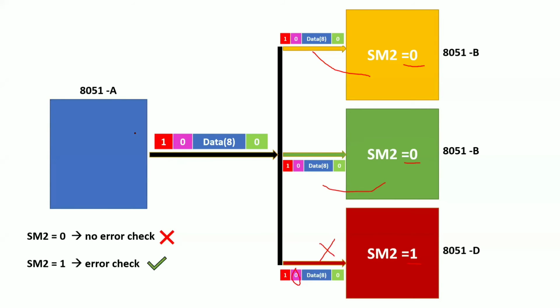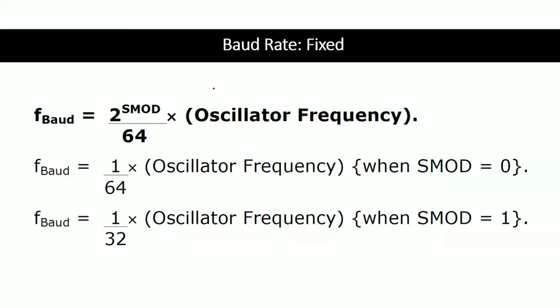Now A is sending the data, B and C are receiving this data, right? Whenever B and C are receiving this data, that means multiple devices are receiving. That is called multicasting. Understood this point? Multicasting. This is the need of the programmable bit. So whenever you are sending 1, we can send the data to all the devices. Whenever you are sending 0, we send the data to only a few devices. That is the need of this one.